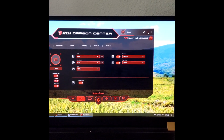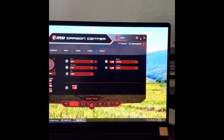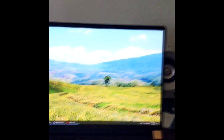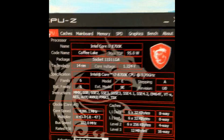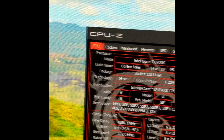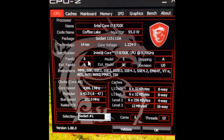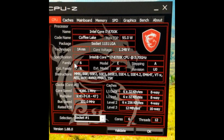And I think you guys will be surprised when you see that this processor in a laptop comes pretty darn close to the performance of an 8700K desktop CPU. Well, here's my desktop. You can see 8700K. I got a 2080 Ti. I disabled the overclock for this comparison because I wanted to see what a base 8700K